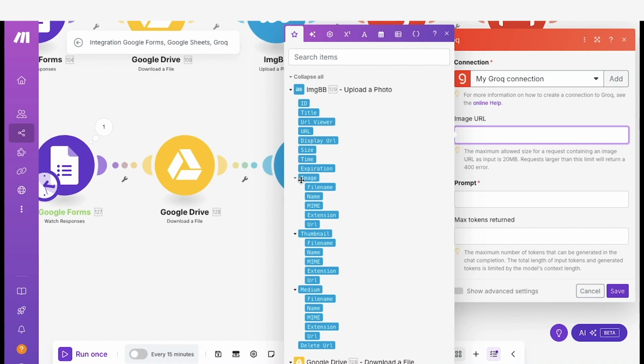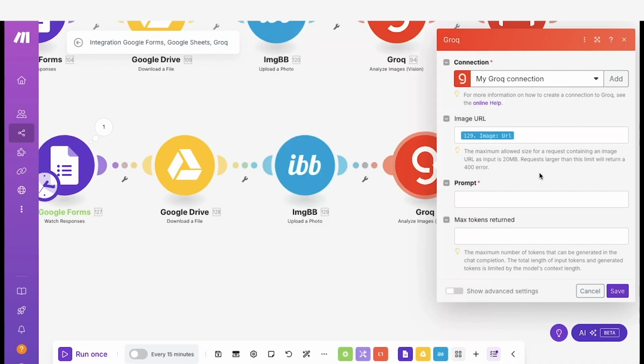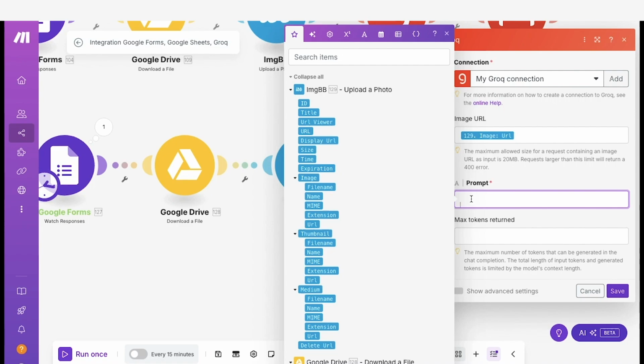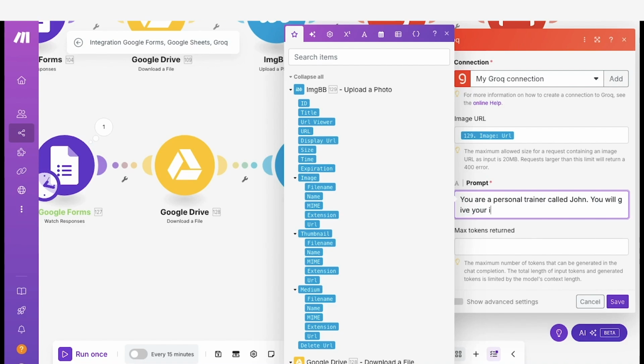And in here, we're gonna find the image and the URL of the image. Just map it out into this column. And then we're gonna ask the LLM model what to do. So in this case, we're gonna tell him, you are a personal trainer called John. You will give your insights